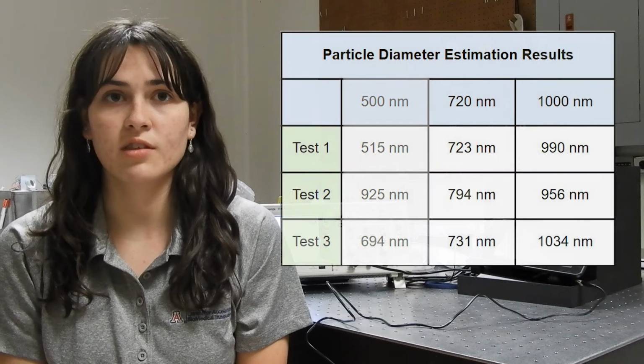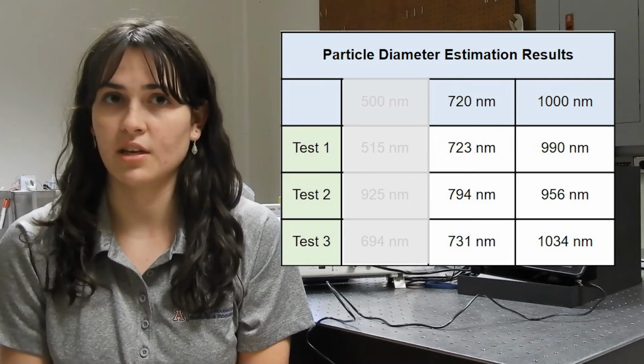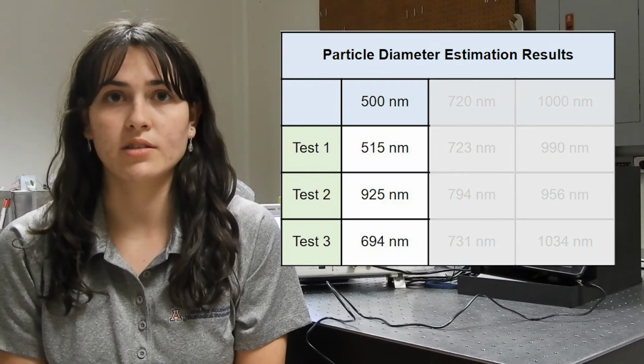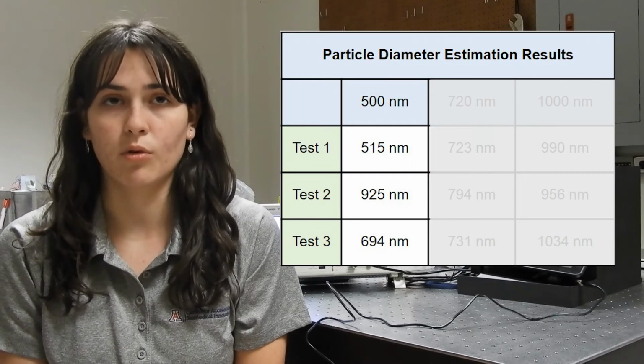Ultimately, our results for the 720 and 1000 nanometer samples were mostly within the plus or minus 50 nanometer buckets, whereas the 500 nanometer results were more variable. We have proposed ideas for the concentration and mixed particle functionalities and have attempted a few sets of experimental data collection for the mixed particle sizes. Our results for these tests varied greatly,